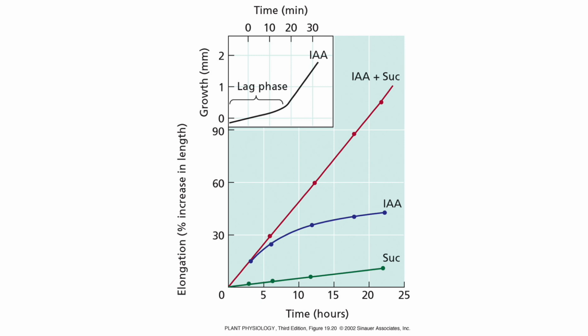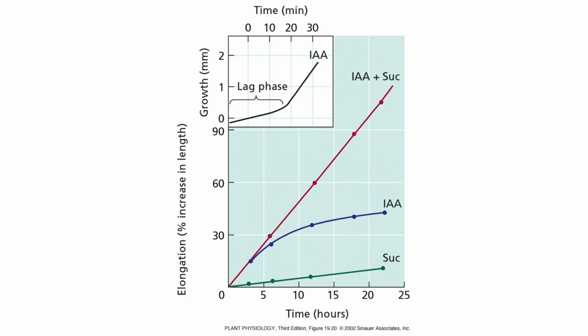As we've seen at the beginning of this lecture, auxin can stimulate plant growth. This is a plot of a time course for auxin-induced growth of avena or oat coleoptile sections. Growth is plotted as the percent increase in length. Auxin was added at time 0. It is clear that IAA stimulates growth compared to the sucrose control.